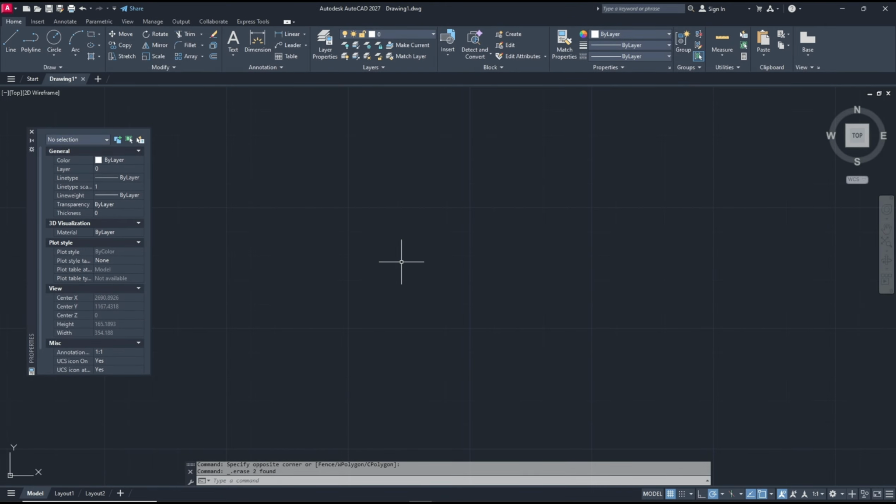Hello everyone, today we are going to learn basic AutoCAD 2027 tutorial: how to add an arrow to a line. So as an example, I will create a line,